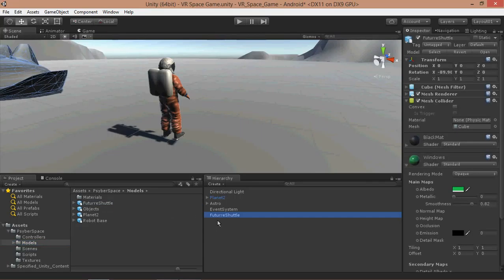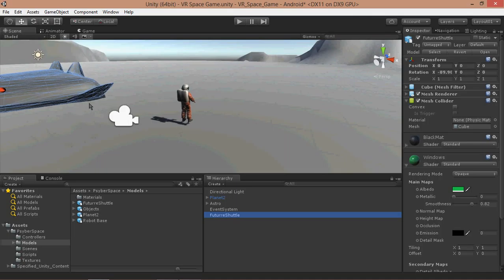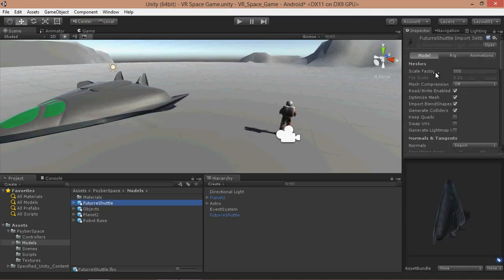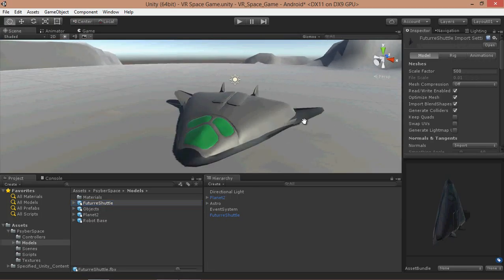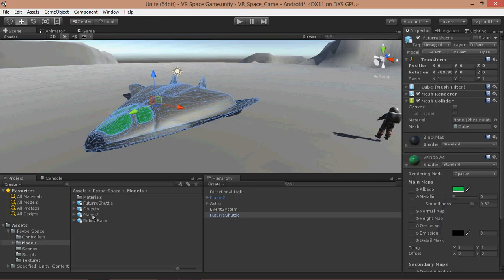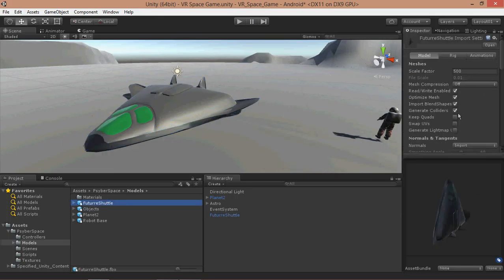just drag it into your project. You may need to change the size here. Just change the scale factor to 500 and that should be fine. And after you've done that, make sure to have generate colliders, or actually, since our